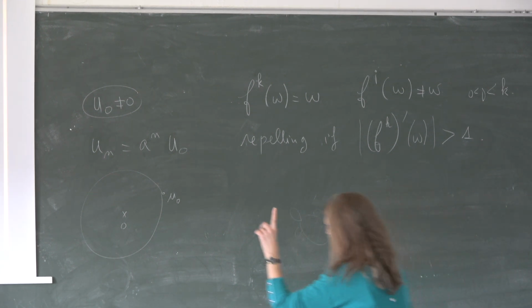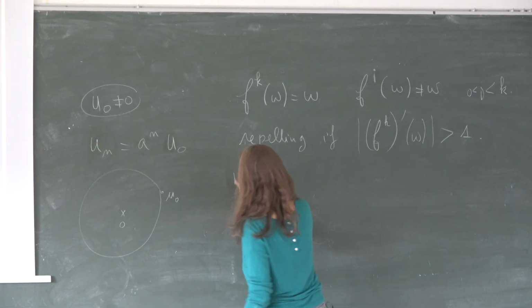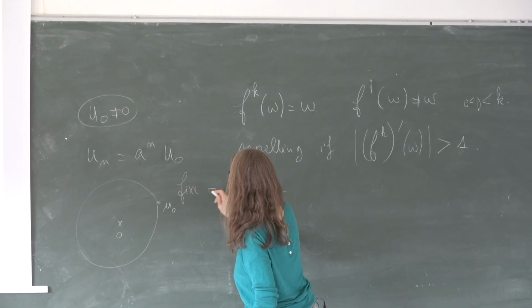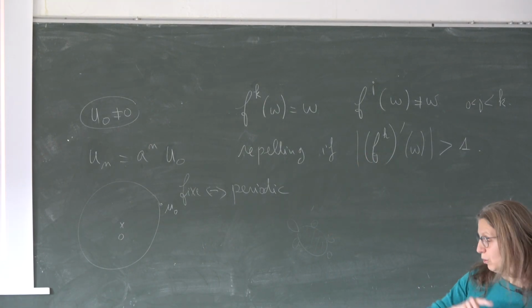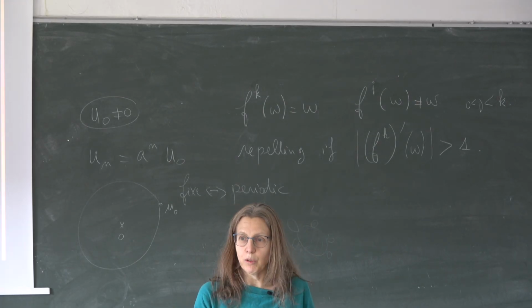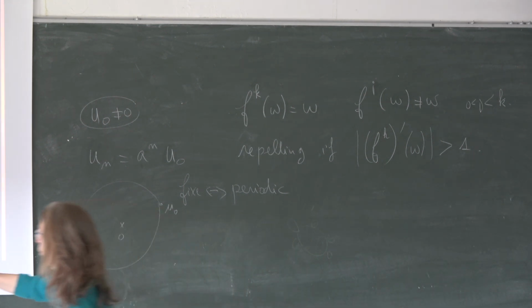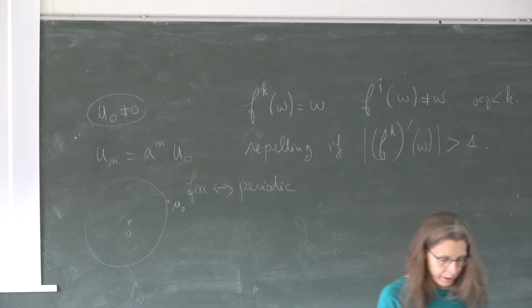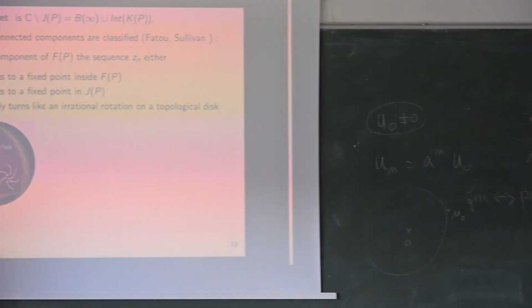Okay, so this fixed point, in fact it's periodic, so it's up to iteration. You have to change fixed to periodic, sorry, it's not always a fixed point. It means that if you iterate your map, for instance, 2 times, you get a fixed point. So your map is doing like this. Here, in the case of the Newton map, you have an attracting point, and all the pink is a basin of attraction. Every sequence will be converging to this fixed point.